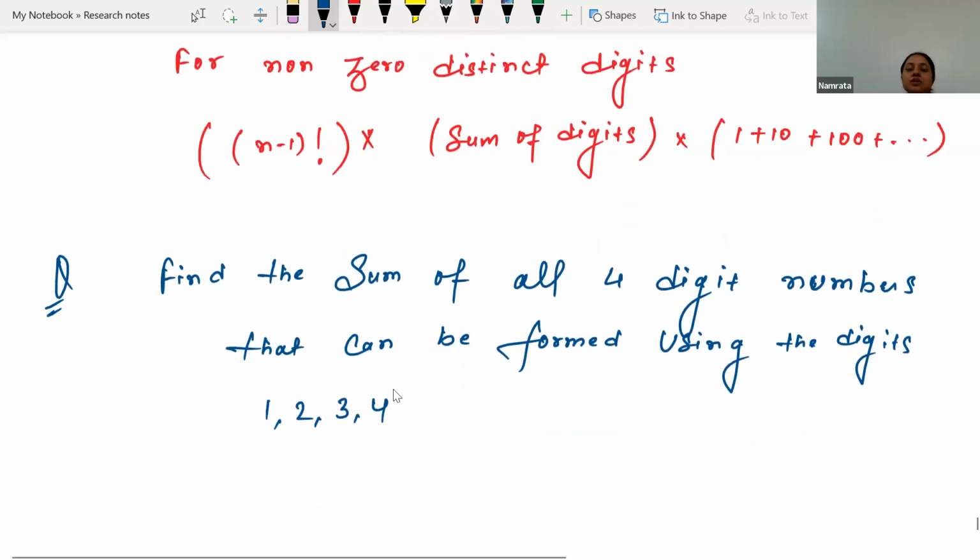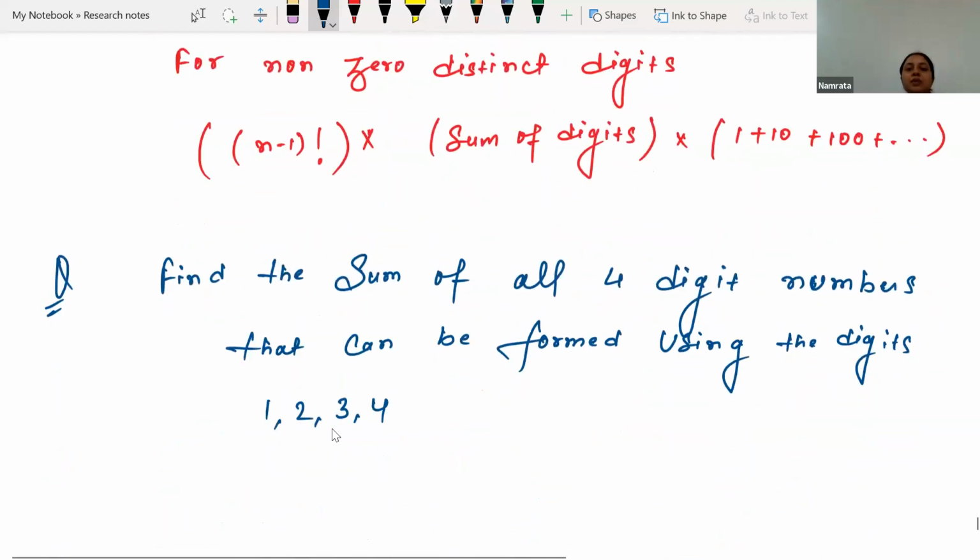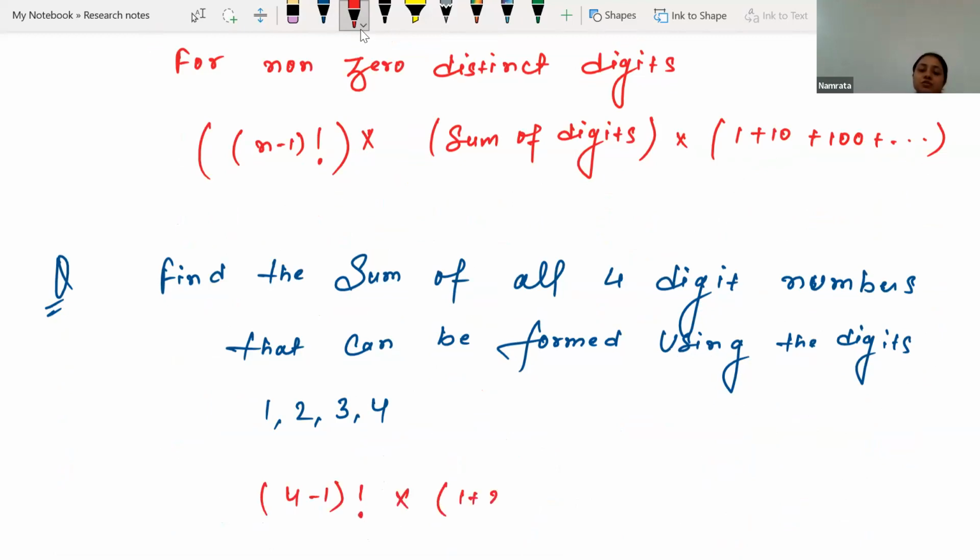Okay, so for this type of question, the formula says whenever we have non-zero distinct digits, then this formula can be applied. The formula says (n minus 1) factorial. So we have to make a 4 digit number. Total number of digits is 4. So what we will be using is 4 minus 1 factorial into the sum of the digits 1 plus 2 plus 3 plus 4 into 1 plus 10